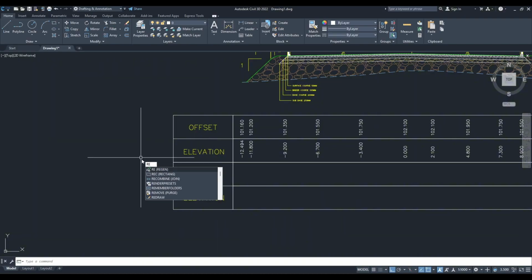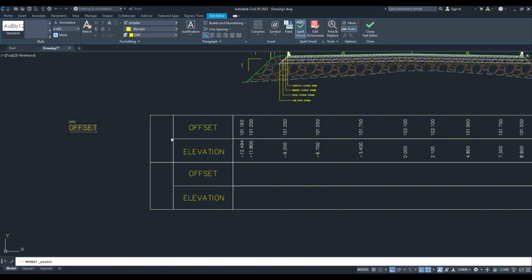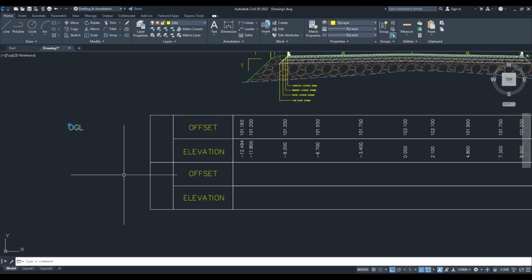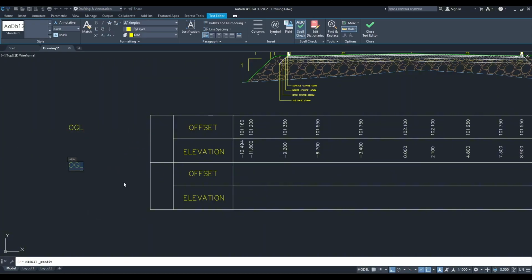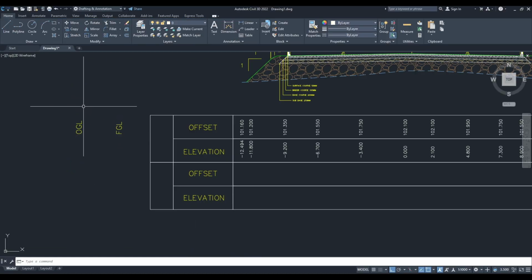Now make another rectangle like this. OK, select and copy one right here. Take this, copy, paste it here, select, and now we will add the OGL and FGL. So OGL, close it, make a copy of it again, place it here, select, and FGL, select it and rotate like this,